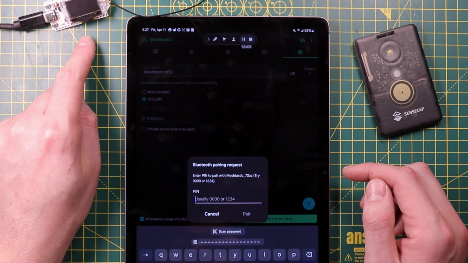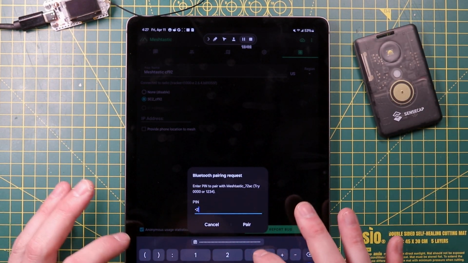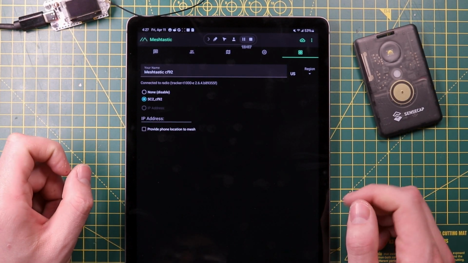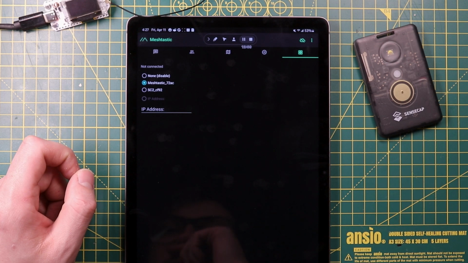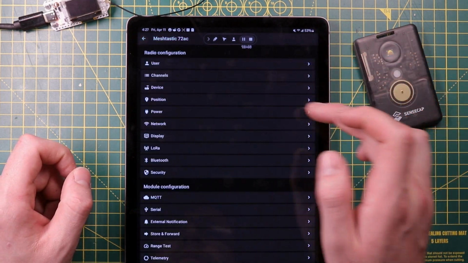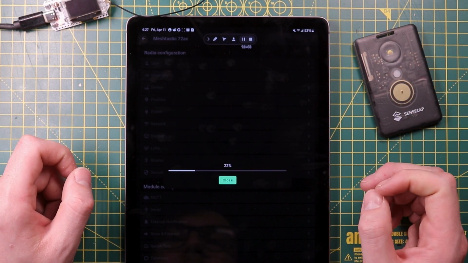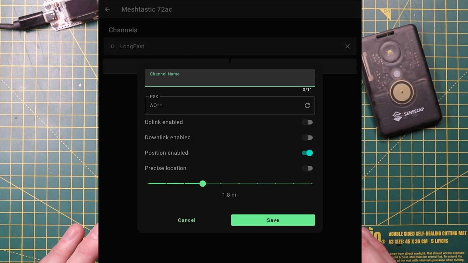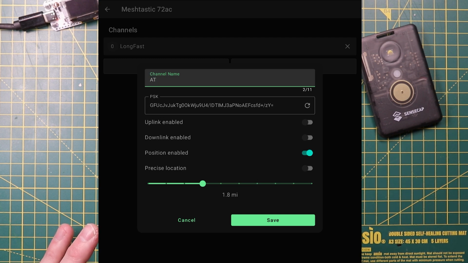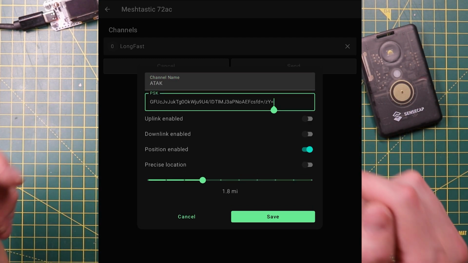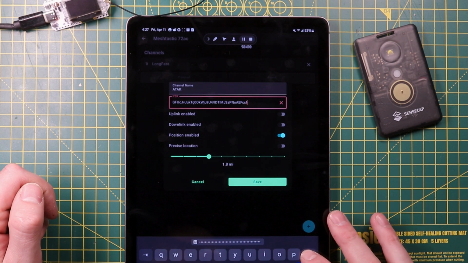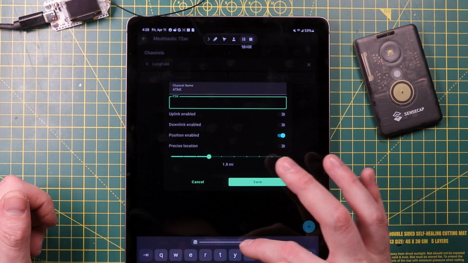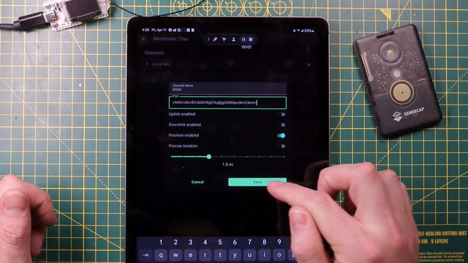So I'm going to connect to this one here, which has a default pin. The screen is actually broken, so I had to set the default pin so I can access it. And I'm going to go into the radio config again, go to channels, and I'm going to change the name of my primary channel again to ATAK with all capital letters. And notice that that PSK key is different than the other one was, again, because it's randomly generated. So I'm going to take the one that I copied, which is on my clipboard here, paste it,